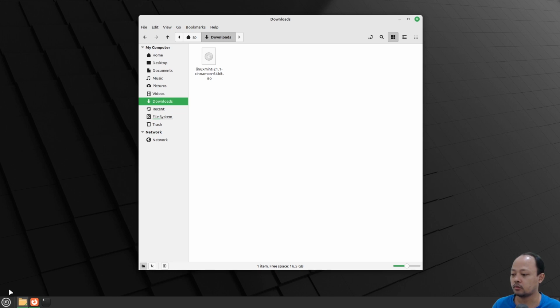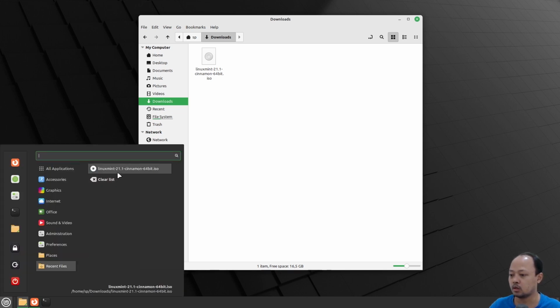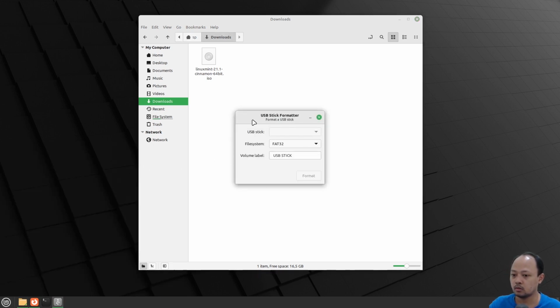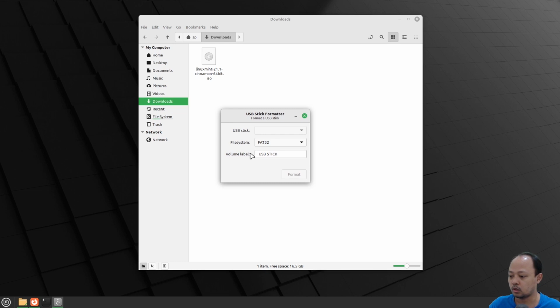We also have a USB stick formatter. This is where we can format our USB stick just like when we use Windows. You can select the USB stick and then select the file system format that you need.